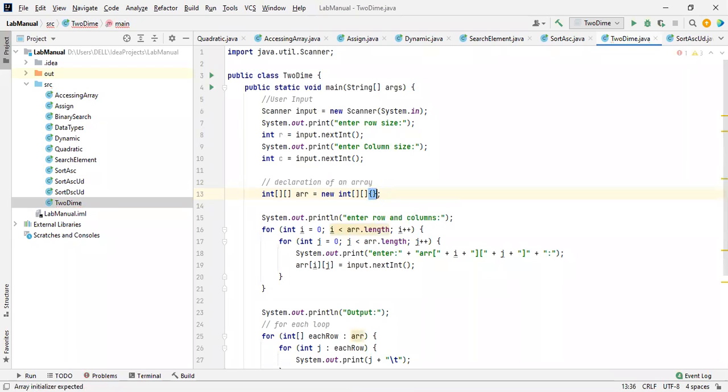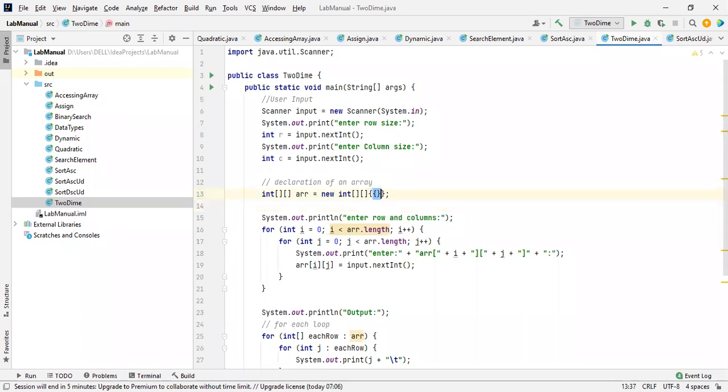There are so many ways. See this, this is a null value. It can't store anything. So it is expecting an initialization, or you have to assign the sizes over here. Either size or the initialization.